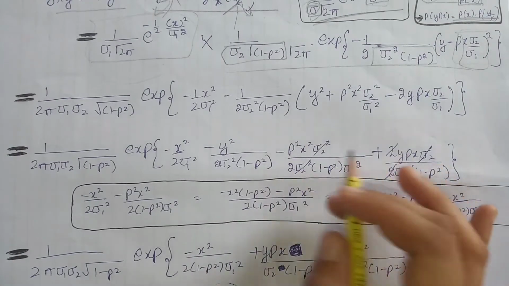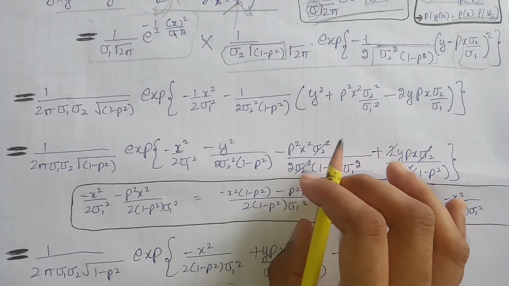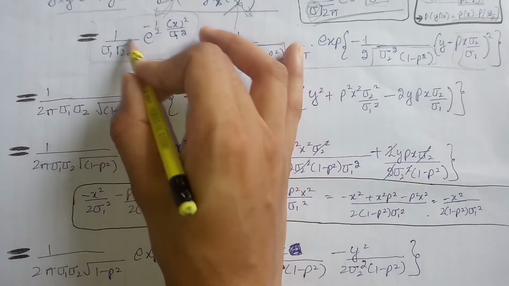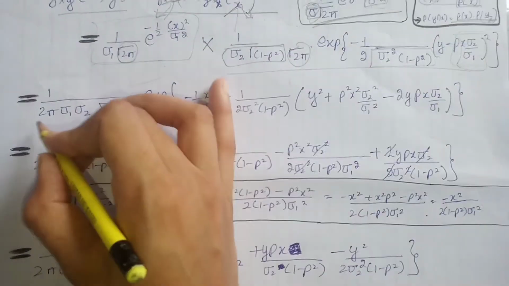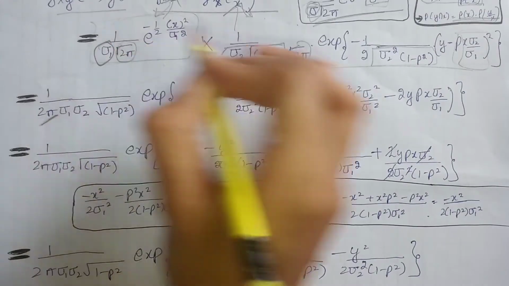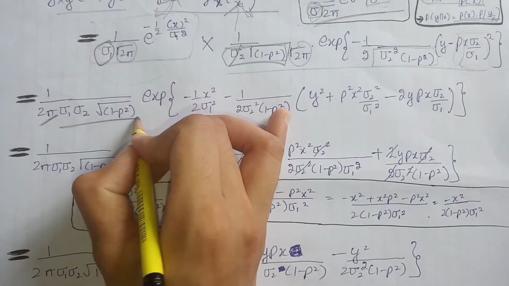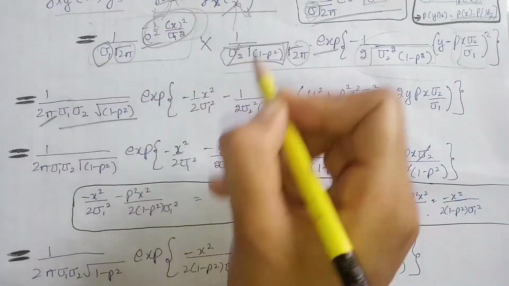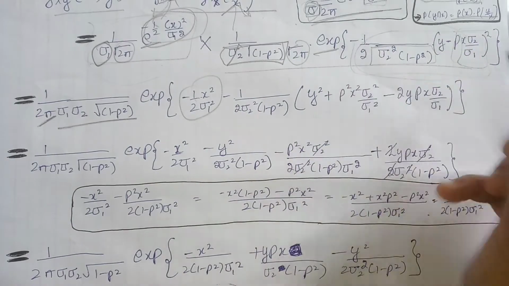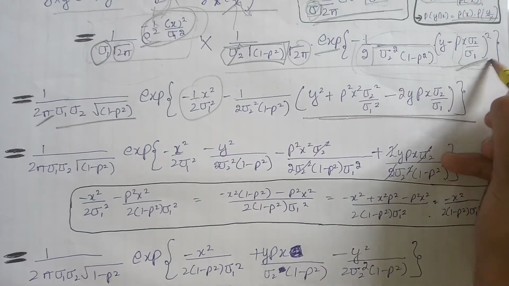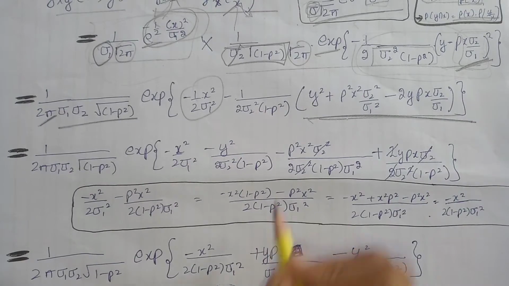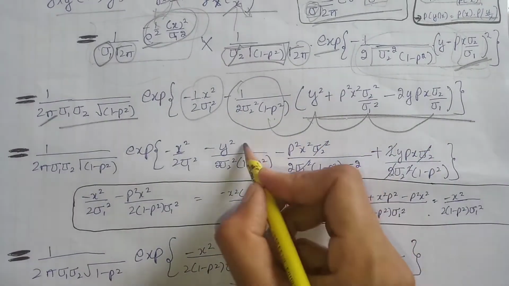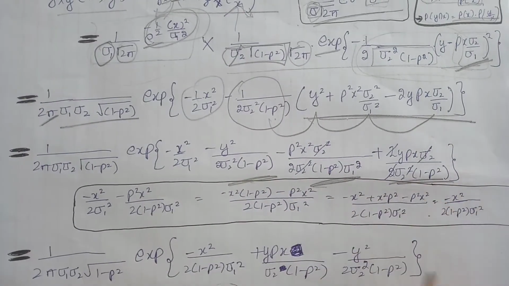Now we have to do some simple calculations and cancellations to get our bivariate normal distribution. Firstly, we can see that after multiplying the square root of 2 pi with the square root of 2 pi we get only 2 pi, and after multiplying this term with this term we get this value. Again, since our bases are the same, we can add these powers, that means this plus this term. Here we expanded this square like this. Now again we can multiply this term with these three terms turn by turn to get these three terms.